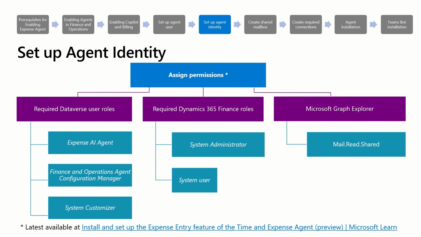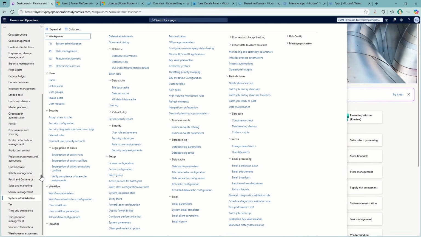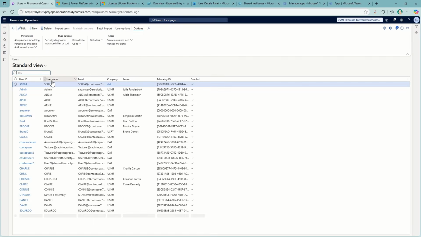Set up agent identity. In this section, we'll assign the permission to the agent user that we created in the previous step. We're still working on finalizing the security roles, and latest is available on Learn page for Expense Agent. We will start with Dynamics 365 Finance. To create a user, go to Modules, System Administration, click on Users, click Import Users,